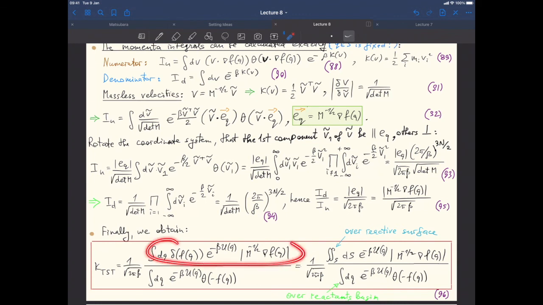In the numerator, we have this integral, with the absolute value of the EQ, which comes from the velocity integral. This factor comes from the velocity integral. Again, this is an exponent of the potential energy, and this delta function is introduced to limit our integration to the dividing surface only. So this integral in the numerator can also be written via the dividing surface reactive